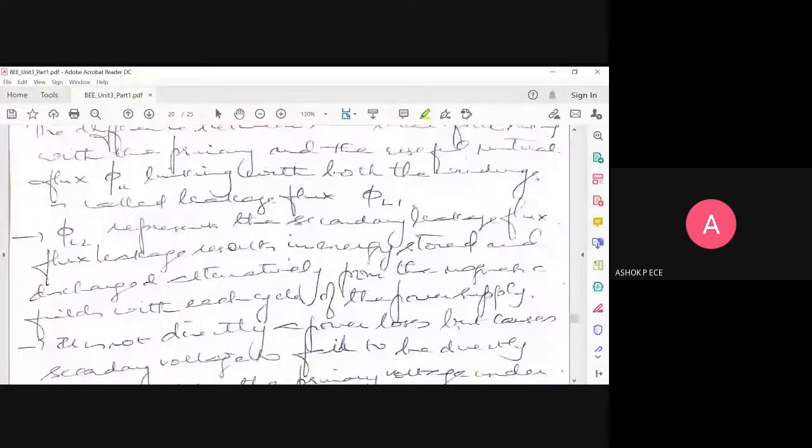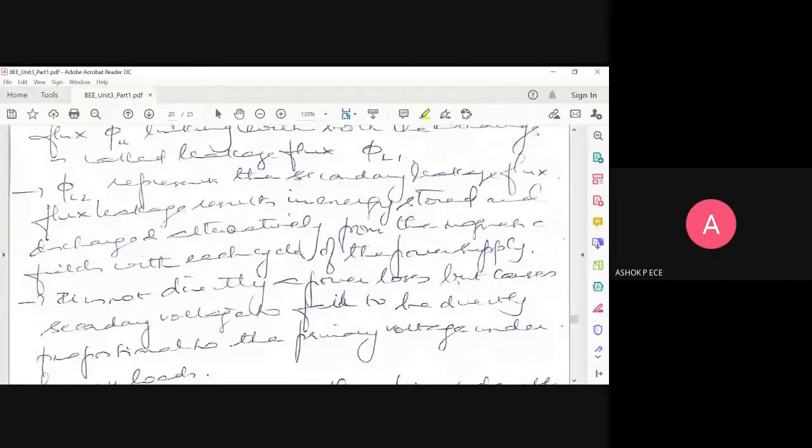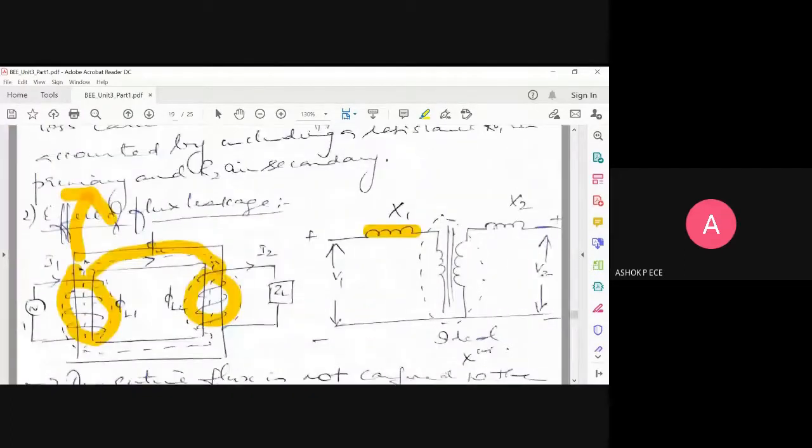So see, whenever you are going to have a flux linked from primary to secondary, because of the secondary flux only, you are going to have an induced EMF in the secondary winding, and that induced EMF is going to produce a current in the secondary. So when there is a flux leakage in the secondary, definitely there will be some loss in energy. Okay, so that is going to be quantified as flux leakage in the secondary. You are going to have an inductor X2 at the secondary to quantify the flux leakage at the secondary.